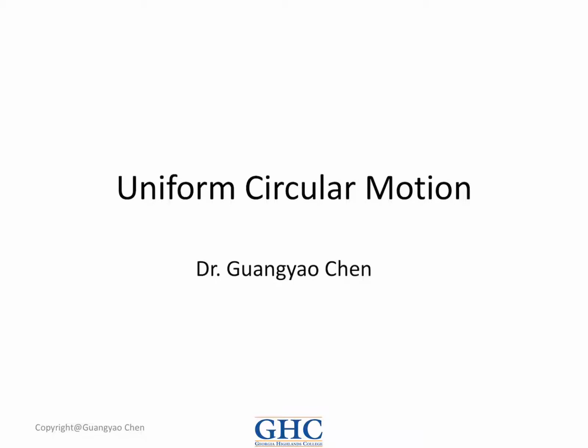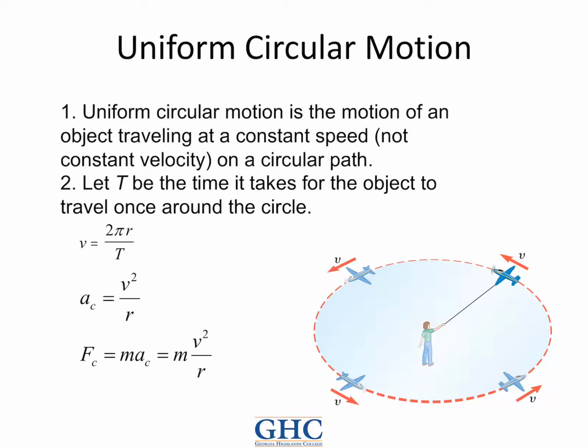We are going to review uniform circular motion today. Uniform circular motion means a motion of an object traveling at a constant speed on a circular path. Just as in the picture, this is the center, and the airplane is going along a perfect circle path